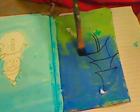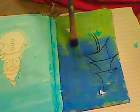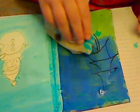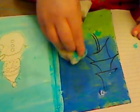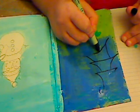So when you make a mistake, you can kind of just do your thing, get it off. Because I want it to be whimsical, and I'm not worried too much. It's just going to be over here. I'm going to fix this